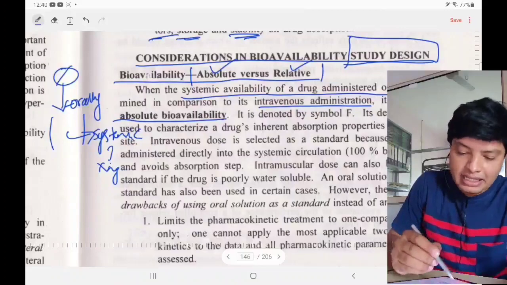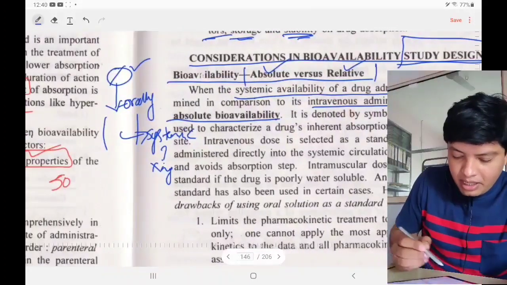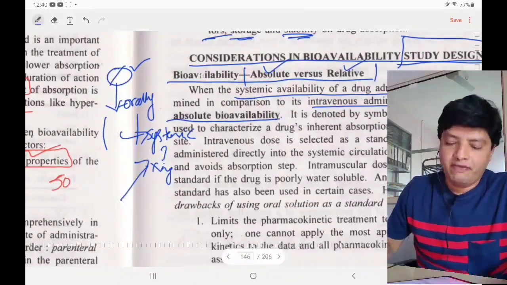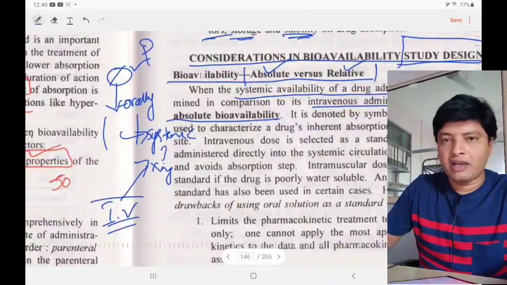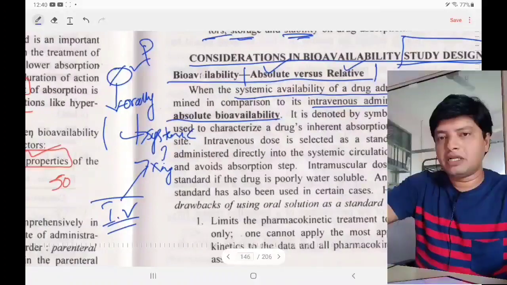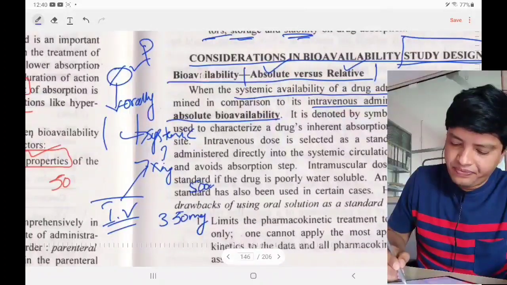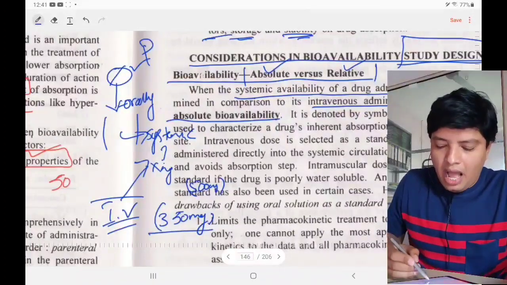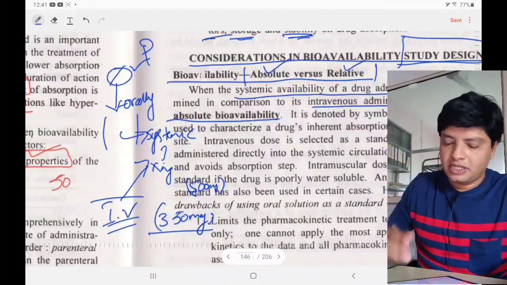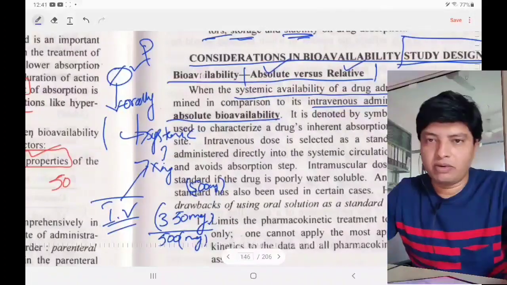I will give the same drug. In this case, I have given the drug in tablet form. Next, I will give the same drug intravenously. Let us say I am giving paracetamol here. First, I have given paracetamol orally and measured the systemic availability of paracetamol. Let us say 350 mg is available. I have given 500 mg, but only 350 mg is available. Divided by, I will give the same paracetamol systemically, obviously 500 mg, and that 500 mg is available through the IV route, intravenous.